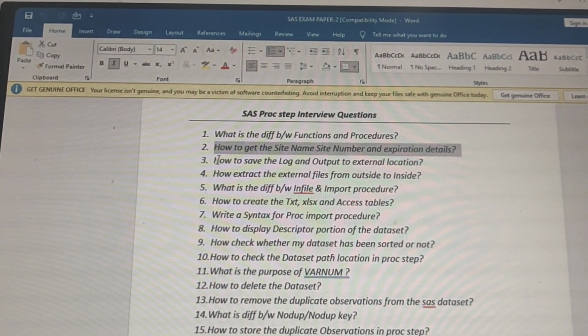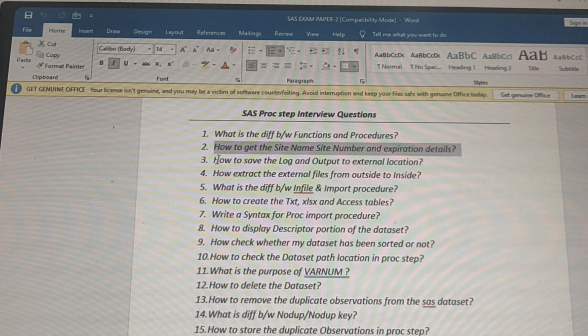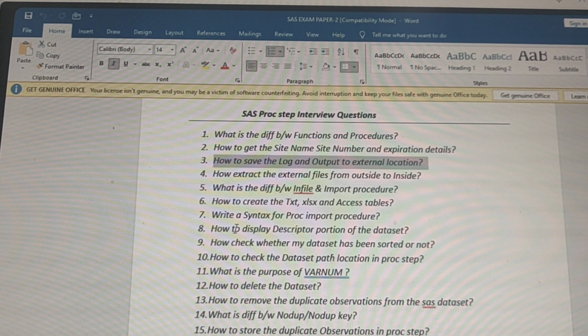So these are the, please mute here, everybody mute. Before attending the class, at least recall yesterday's topic, at least yesterday's topics. Okay, how to save the log and output to external location here by using which